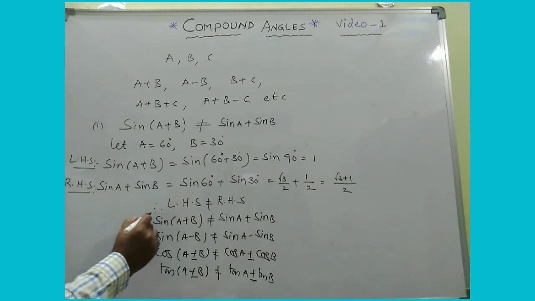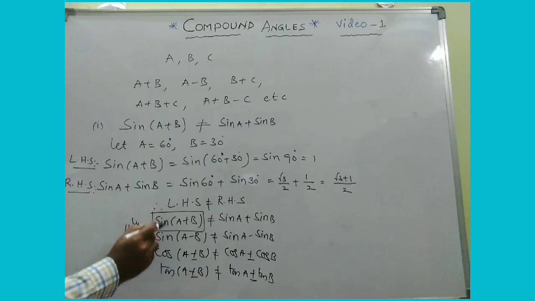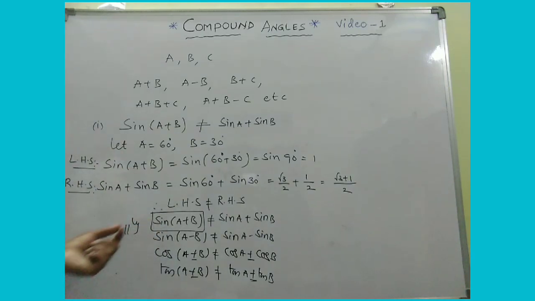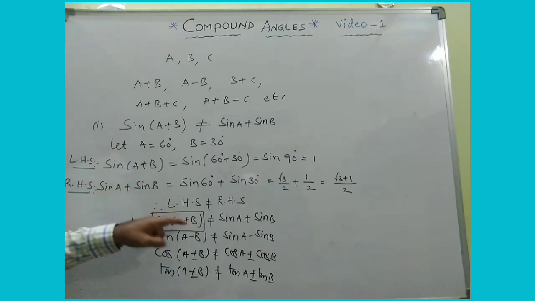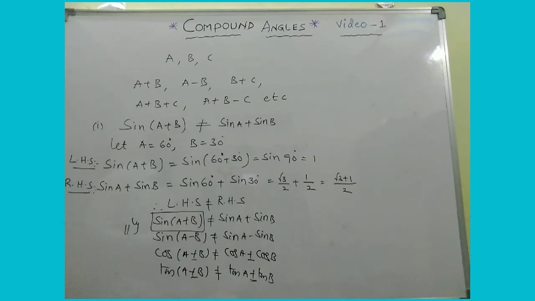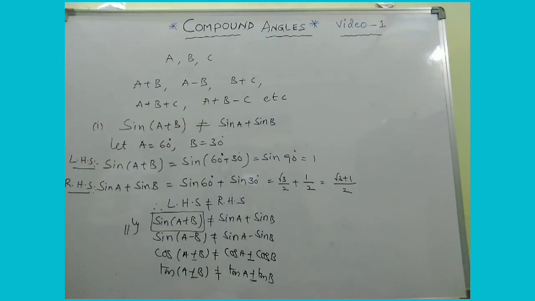So sin of A plus B doesn't mean sin A plus sin B. It is not at all a multiplication. Now what we are going to study is nothing but trigonometric ratios of compound angles. Earlier we just learned what is sin A, what is sin B, what is cos theta, what is tan theta, etc., where a single angle is involved, right? Now we are discussing two or more angles, that too their algebraic sum.